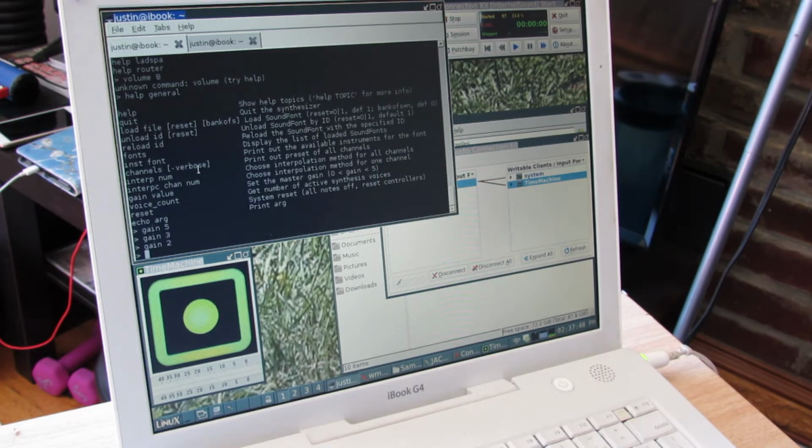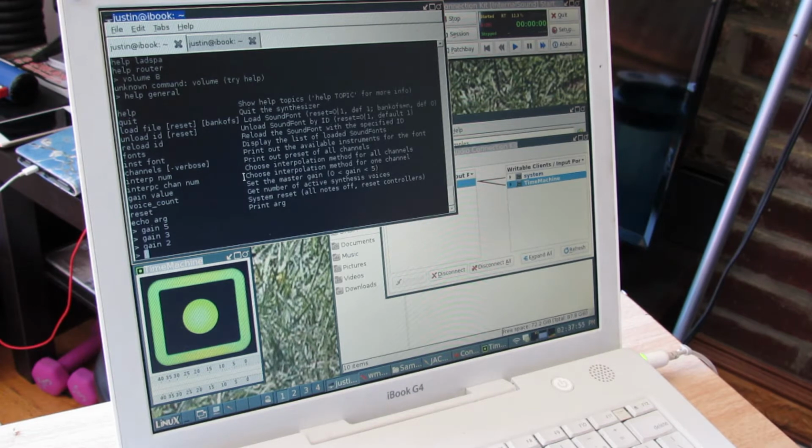What it is about is here in my console. Hopefully you guys can see that okay. If you can't, I'll just describe what I'm doing. Basically, Fluidsynth is a sound font player, and it plays SF2 files. And there's a really cool program, if you go back in my older videos about how to create sound fonts,